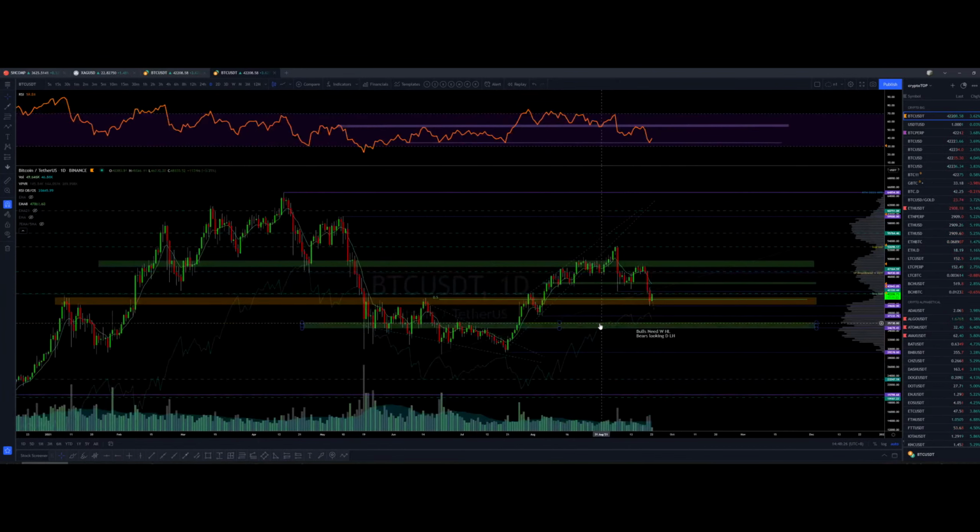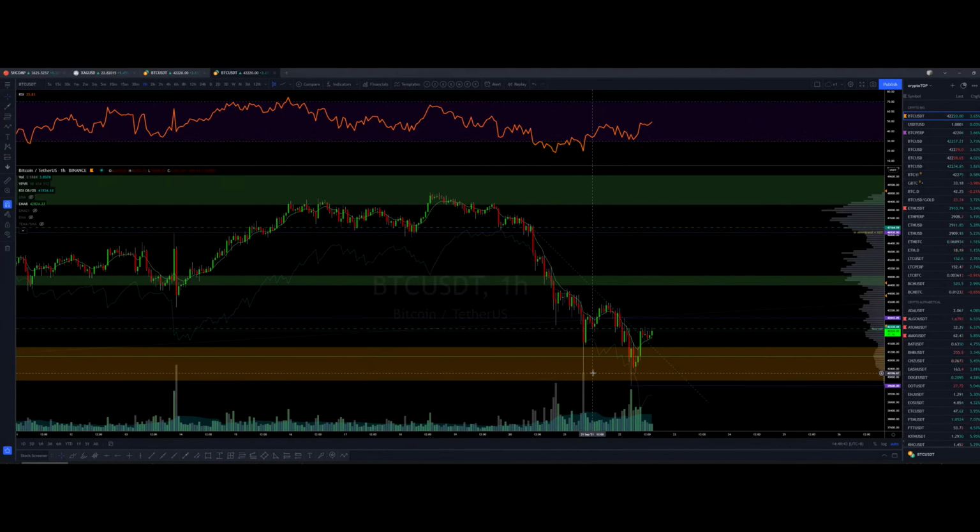But this is a key zone for the bulls to defend, right? This is a key zone for the bulls to defend. The 40k level, we smashed down below it. Let's have a look again on the hourly here. Look, the first push here got bought up, it didn't go below the 40k, so they wanted to do a second push here to liquidate anyone, to stop out anyone who was just below the 40k. So they just wicked below the 40k, and now we're going back up.